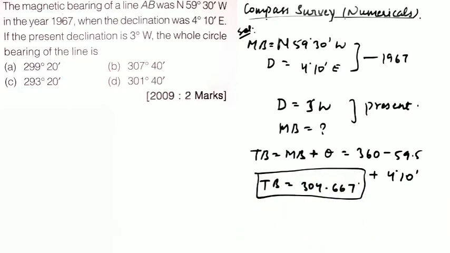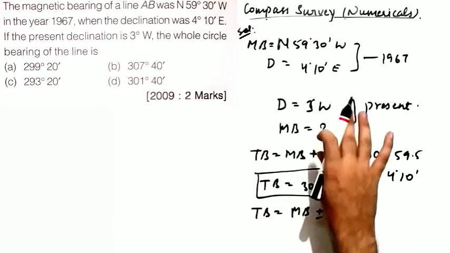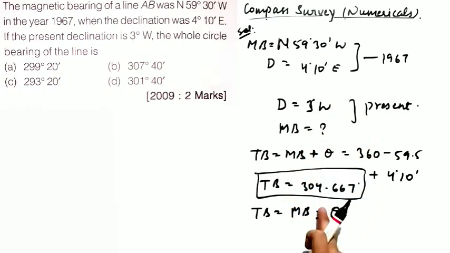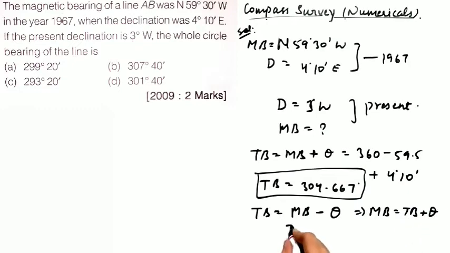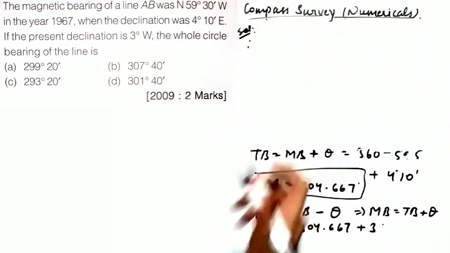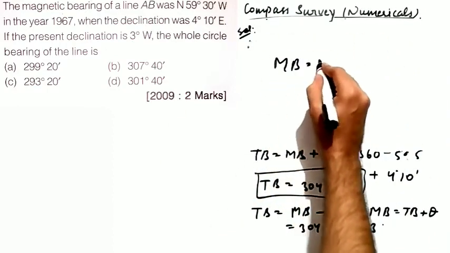Now we need to calculate the present magnetic bearing. So again, using the formula, true bearing equals magnetic bearing plus minus theta. Now the present declination is 3 degree west. So we will use the sign as negative since it is west. So magnetic bearing will be true bearing plus theta. What is true bearing? True bearing is 304.667 and theta is 3 degree. So the magnetic bearing now comes out to be